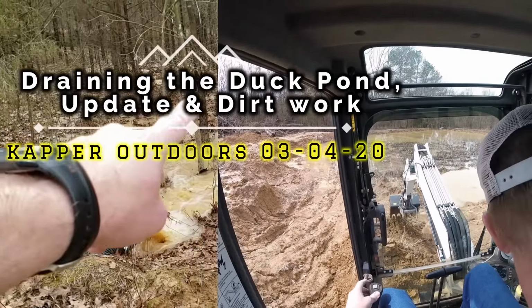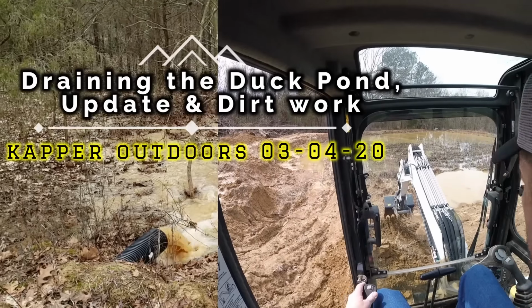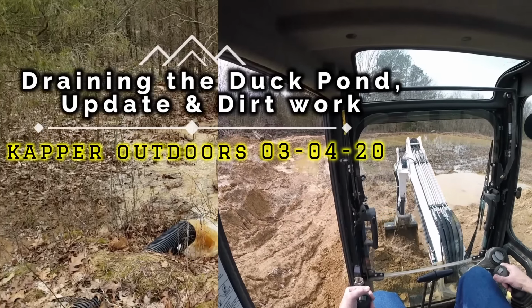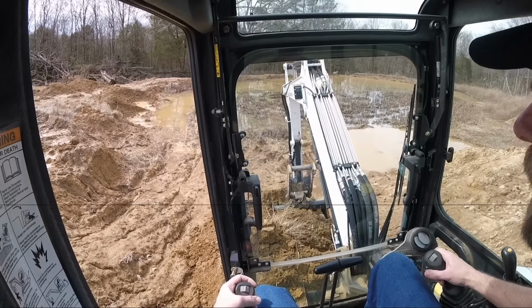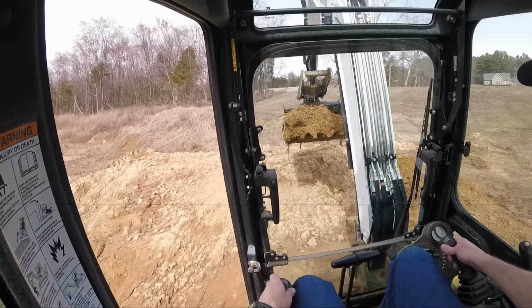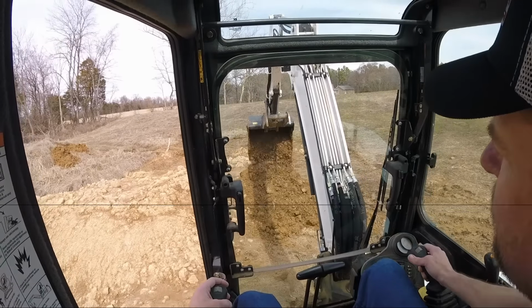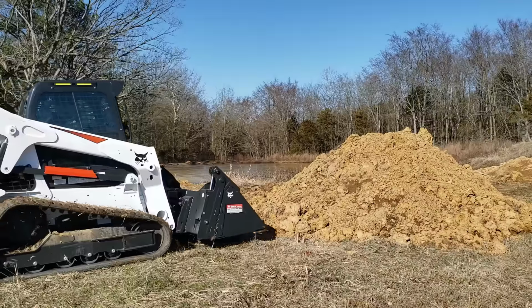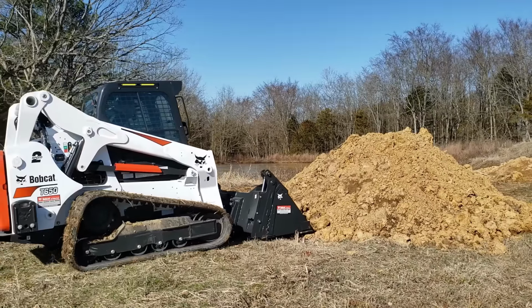We're gonna have a new cut down here, maybe expose some Indian heads or treasures. The ground is just sopping wet, so I'm just stocking up some dirt here for a couple more days when I can get the skid steer out here. I need dirt all over the farm,